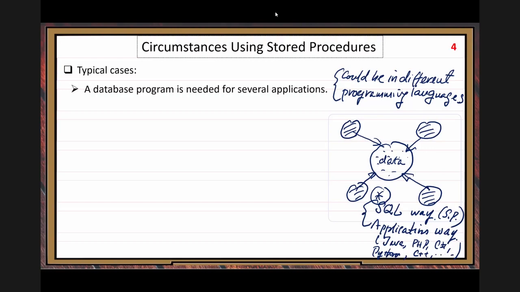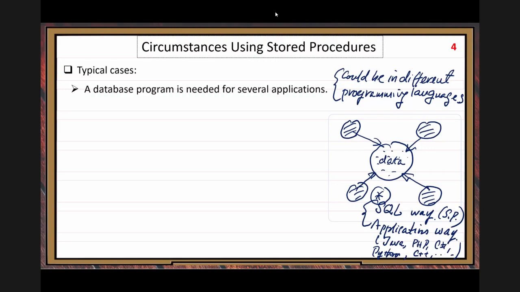But if you just want to use application programs to implement that data-intensive service, yeah, you can do it. Do you need a Java implementation? Do you need a PHP implementation? Do you need a C# implementation? Do you need a C++ implementation? Do you need a Python implementation? So that's why we say not efficient, right? So many different implementations. Basically the same thing, the same data service. Why do you need so many different implementations?